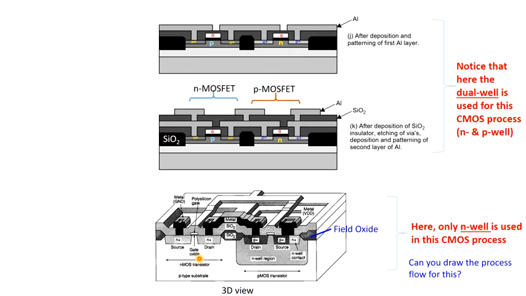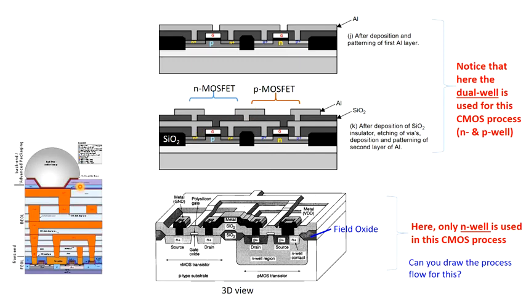In this context, I would also like to mention that here we have only shown two metal lines, metal line 1 and metal line 2. But in modern CMOS process flow, there can be as many as 6 to 7 metal lines, as you can see here. Okay. So this is also one inverter. Here you can see one NMOS and this PMOS, they are connected accordingly. And it is also clear that compared to the thickness of all the metal lines, the thickness of this CMOS structure is quite small, right?